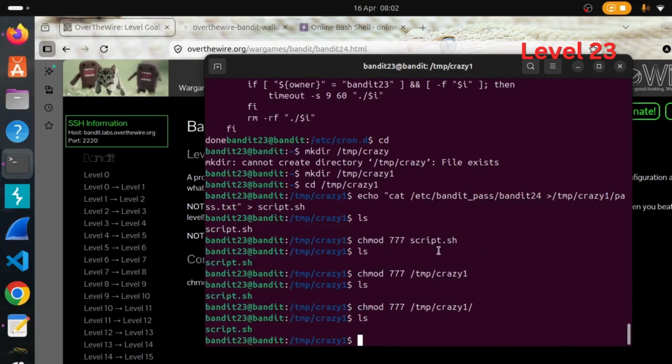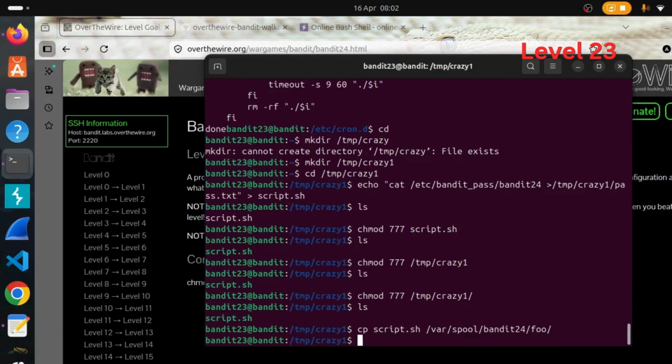Bandit cron job, bandit24 script. So just copy script.sh to our /var/spool/bandit24 folder, because we must trick the server so that bandit24 gets the password of its own. So we have written the script for that, and hopefully this will run. If I do ls,